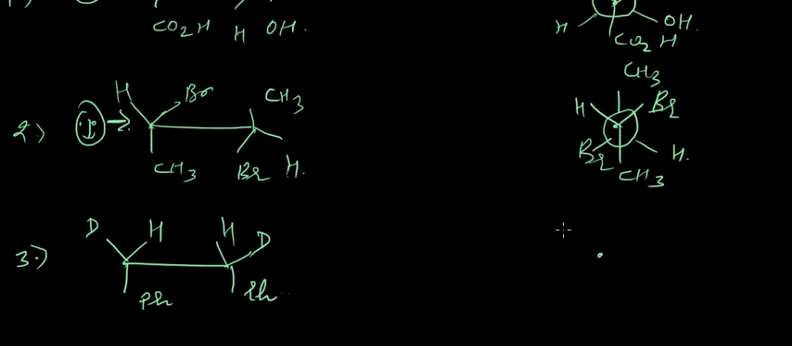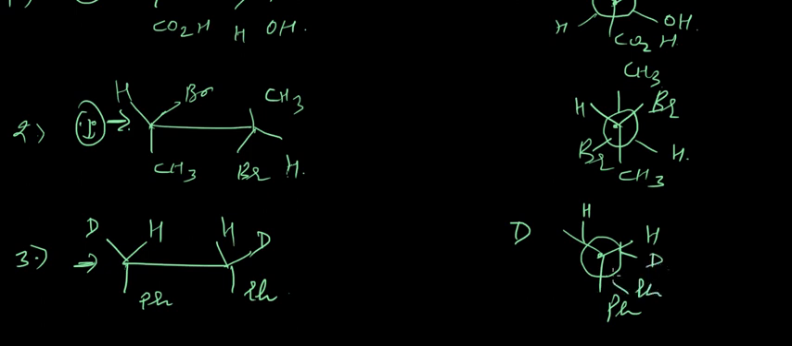So on the first carbon, if you look from this side, you have D here, you have H here, and you have phenyl ring here. On the second carbon, what do you see? You have H here, you have D here, and you have Ph here. So it is an eclipsed structure. Okay,